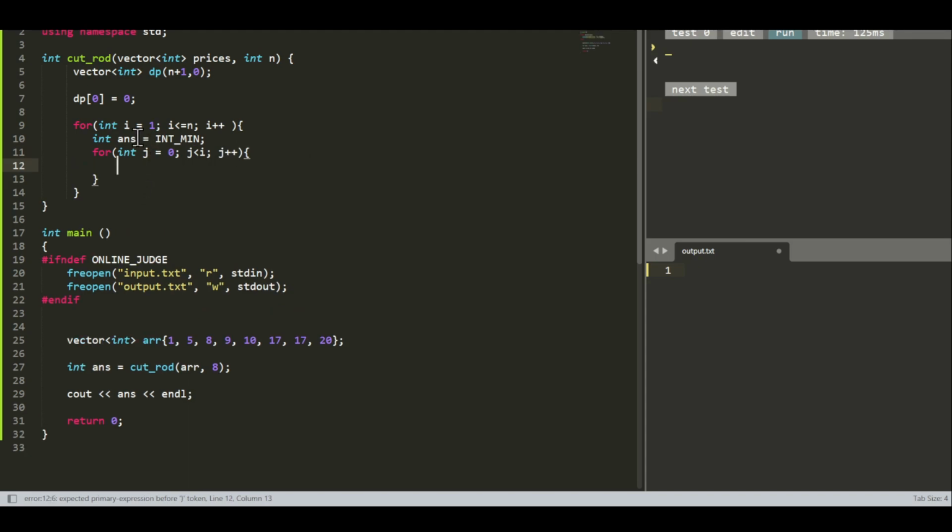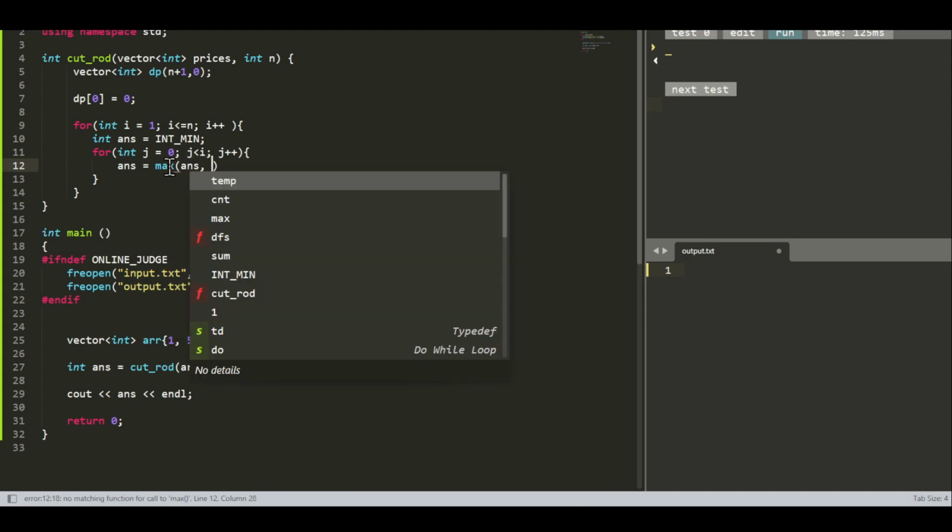If my rod is of length i, then I can only make a cut till i only, 0 to i minus 1 only. Okay, so I am running the j from 0 to i, and then what I will do is I will say that our answer will be maximum of our answer, and